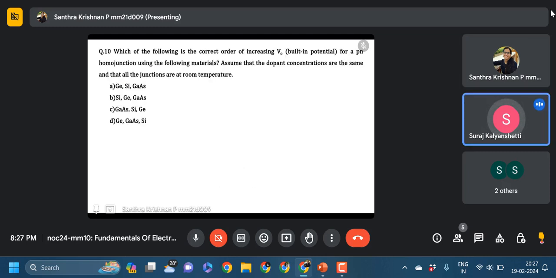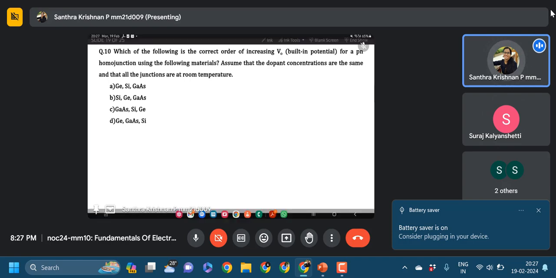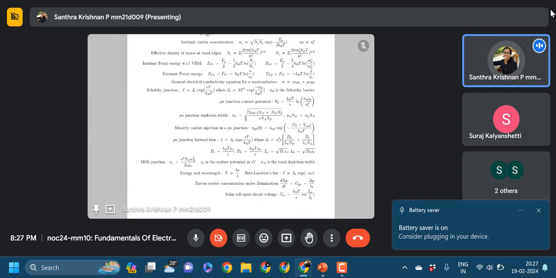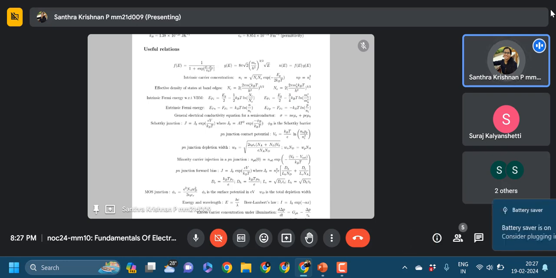What is the correct order of increasing V0, the built-in potential, for a PN homojunction using the following materials, assuming that the dopant concentrations are the same and that all the junctions are at room temperature? For that, if you know the equation that relates the built-in potential with the intrinsic carrier concentration, that would help. So you see the equation and how those are related. Are they inversely proportional or